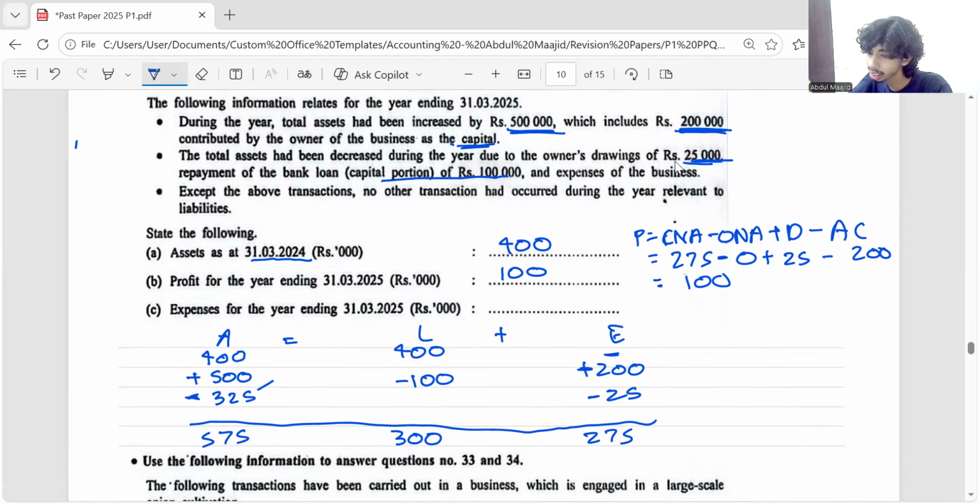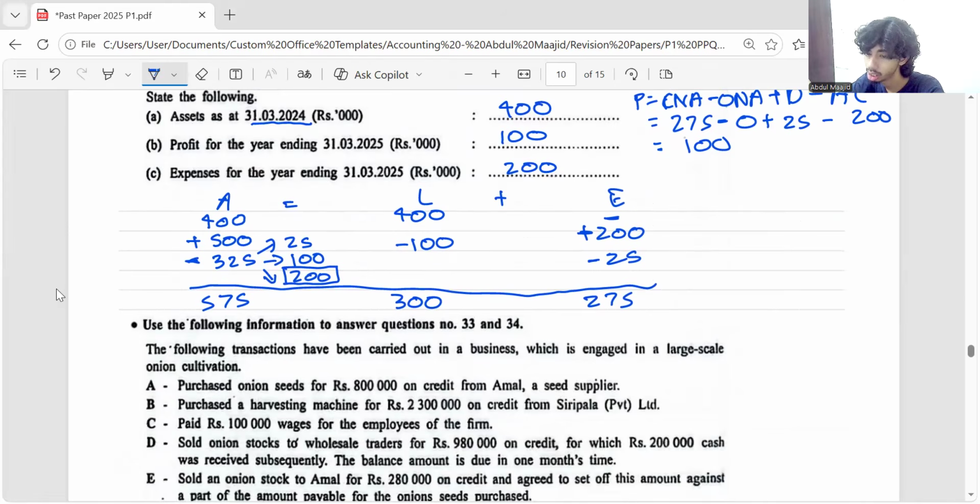Now, the asset decreased due to owner's drawings of 25, decreased by 100 due to payment of loan. Then the remaining decrease only should be due to expenses. How much is that? 325 minus 25 minus 100. That's going to be 200. Then expenses are going to be 200,000. That was actually an interesting question. Then next,